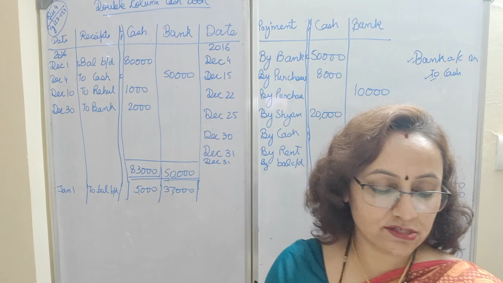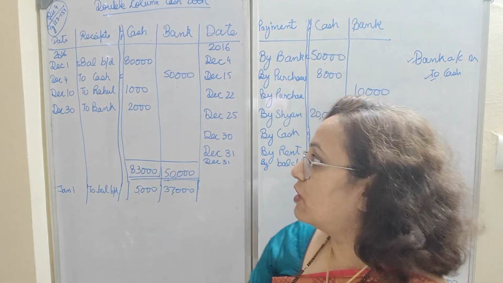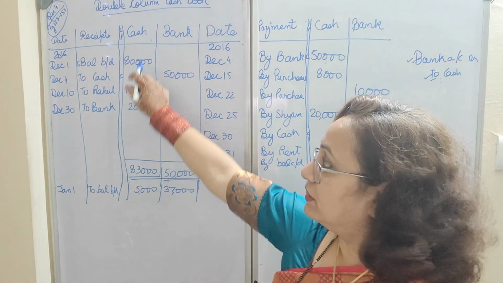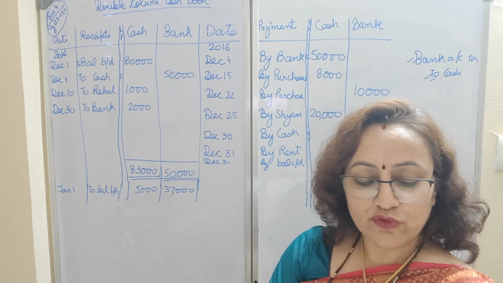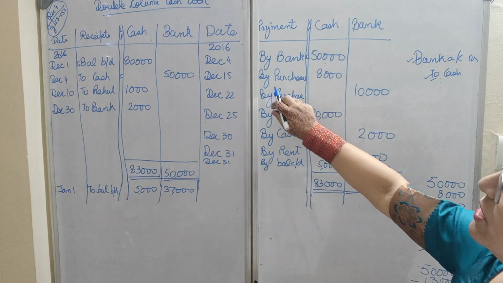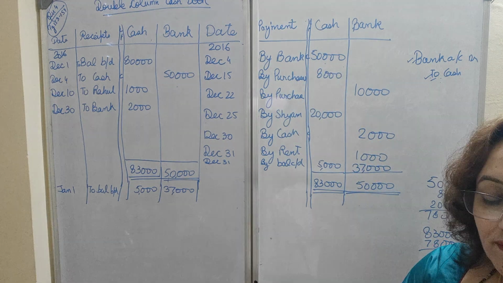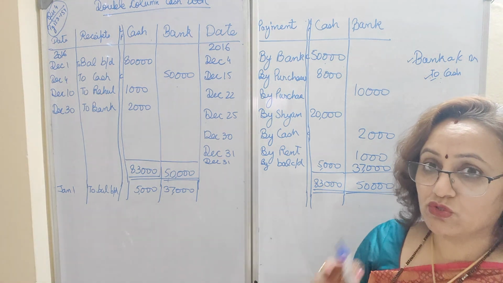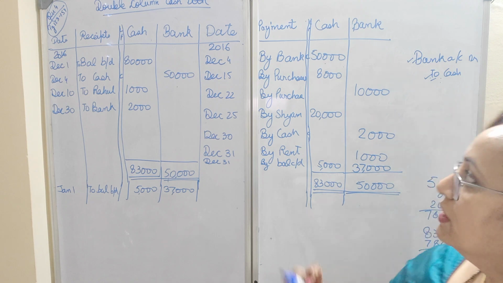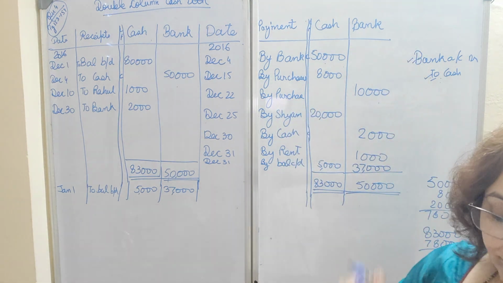Now we move to the next date. The next date says received cash from Rahul 1,000. So when we are receiving from Rahul, December 10 to Rahul, 1,000 is written in the cash column. Bought goods for cash. So when you are purchasing, the entry is purchase account debit to cash. So by purchases in the cash column 8,000. Bought goods by check. Now be careful, because over here the payment is made by bank. Okay, because check is involved. So the entry will be by purchases, but it will be recorded in the bank column.